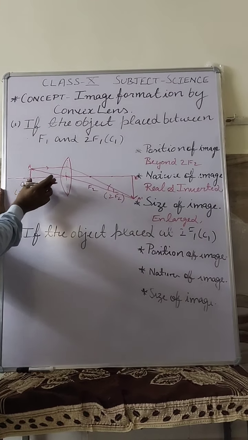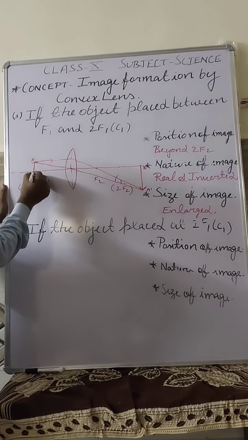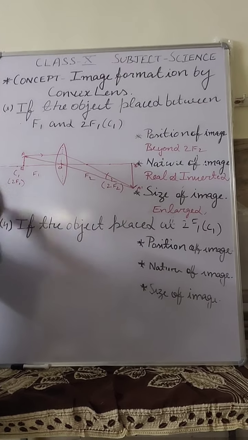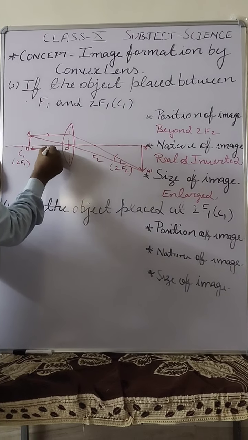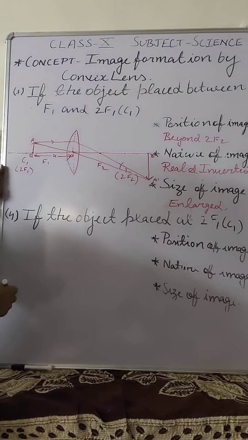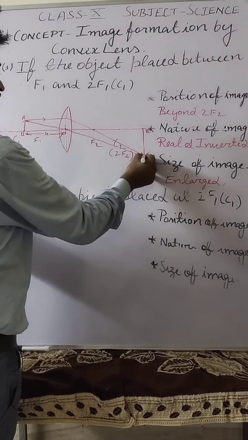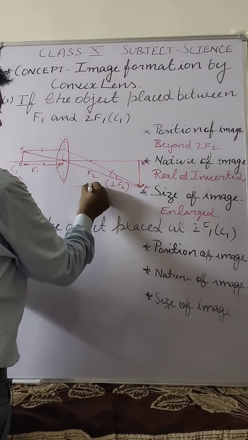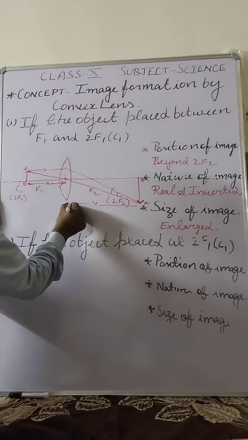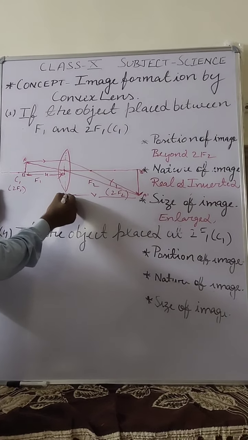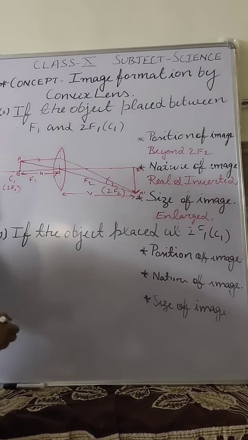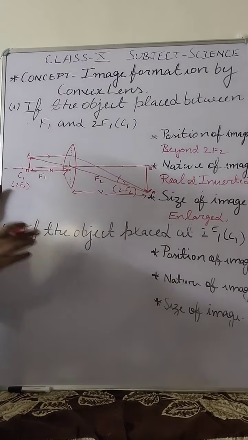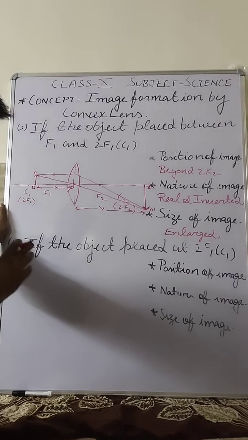So now you can easily find the object distance here. What is the object distance here? From this O to this object, it is the object distance, means it is U. And in this, here is the object, here is the image, and from here to here, what is it? It is the image distance from the optical center, student. It is the image distance. So like this you can make the ray diagram. Now we come to the next.